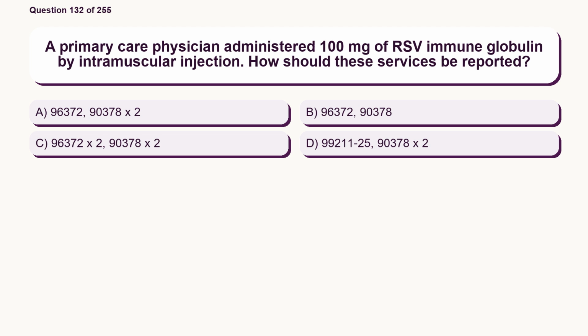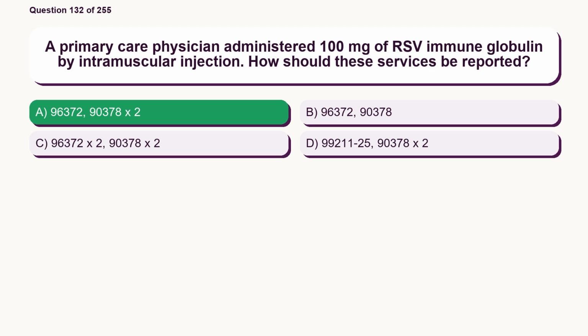Question 132. A primary care physician administered 100 mg of RSV immune globulin by intramuscular injection. How should these services be reported? Option A, 96,372, 90,378 x2. Option B, 96,372, 90,378. Option C, 96,372 x2, 90,378 x2. Option D, 99,211 to 25, 90,378 x2. The correct answer is option A,